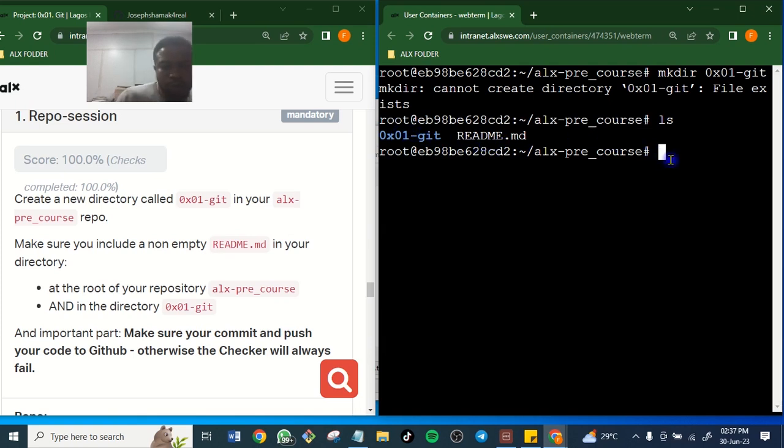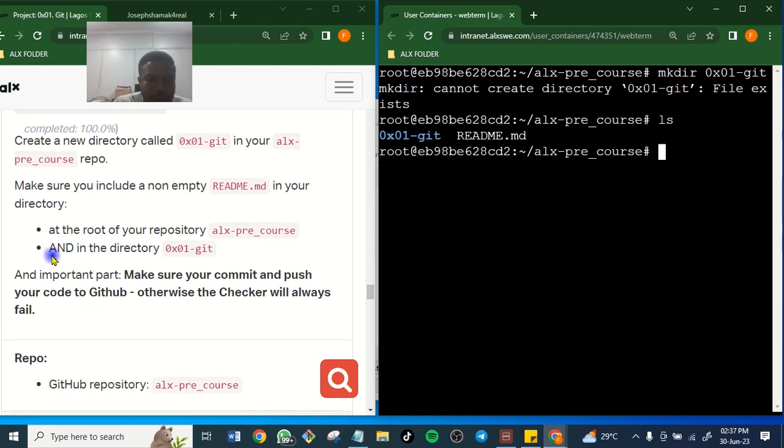So now what are we asked to do? They say in your directory, make sure you include a non-empty readme.md. This readme must be in your directory, and this one also must be in your directory. Let's see what they are now asking us to do here.